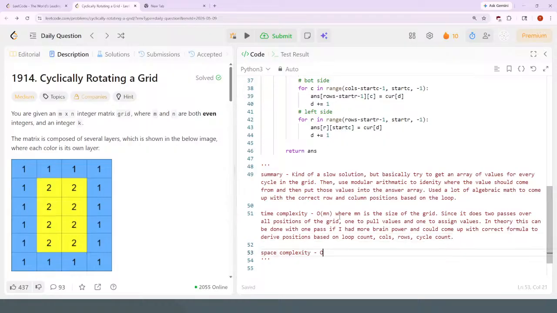Space complexity is going to be O(1), since no extra space is needed, although in theory could have reused the space of the grid parameter. Okay,